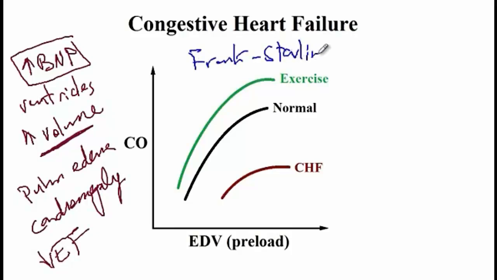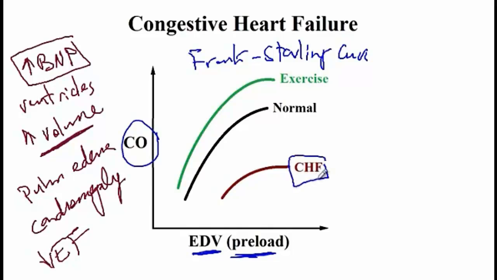So here I have an example of a Frank-Starling curve, which explains that the force of contraction is proportional to the level of end diastolic volume or preload. So the more you fill the heart, the force of contraction increases, and thus cardiac output increases. So here you can see that compared to normal individual, the cardiac output in patients with congestive heart failure have